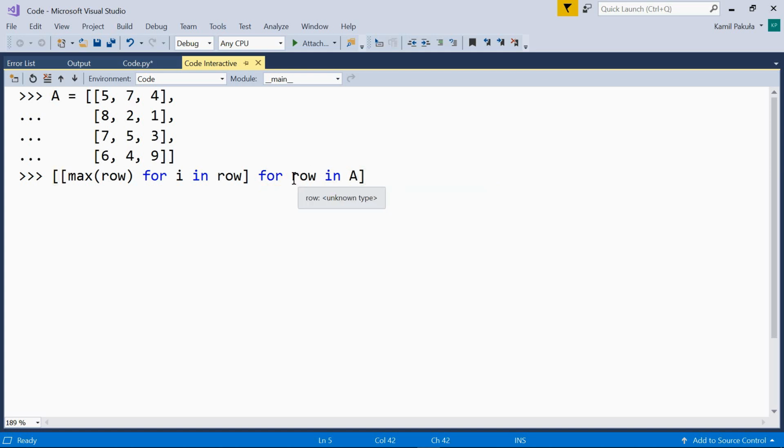So for each row in the a matrix, a new sublist will be created, so a new row. And in this new row, for each element of this row, so for each of the 3 numbers in each row, the maximum of the 3 numbers will be returned. And this is the output,